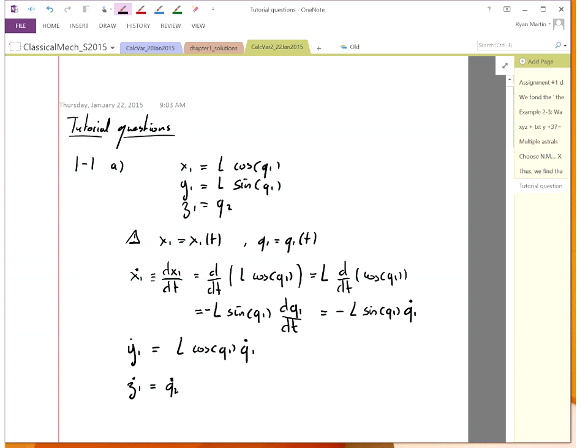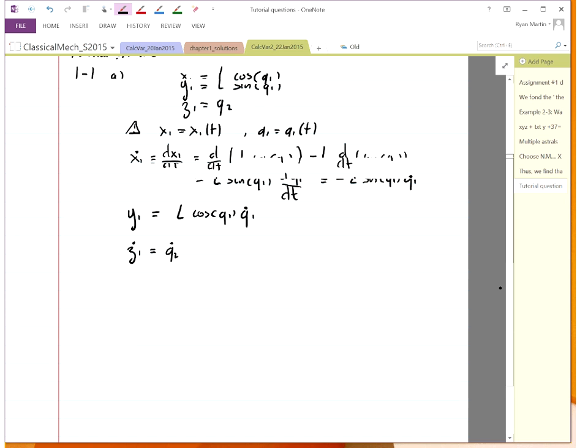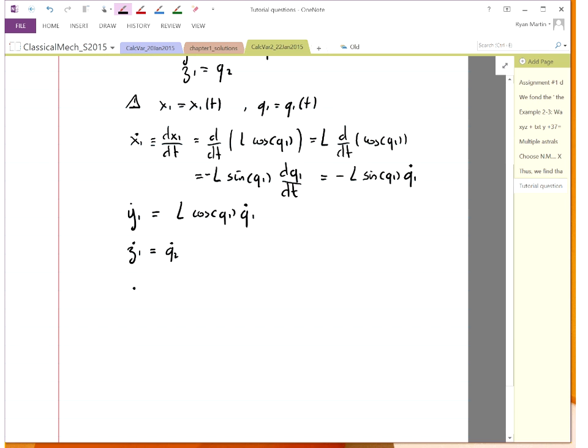So that's the first thing that you're asked, is to find the 3 Cartesian velocities expressed in terms of the velocities of the generalized coordinates. And the second part is to do the same thing with the accelerations. So for the accelerations, we want x1 double dot, right? So that's d squared x by dt squared. So that's going to be d by dt of what we had,